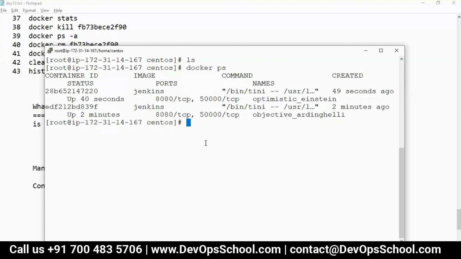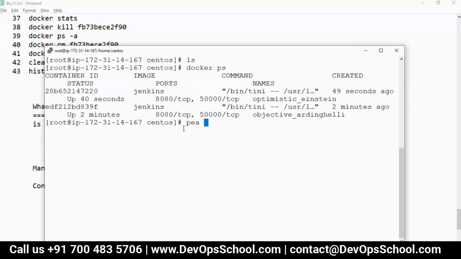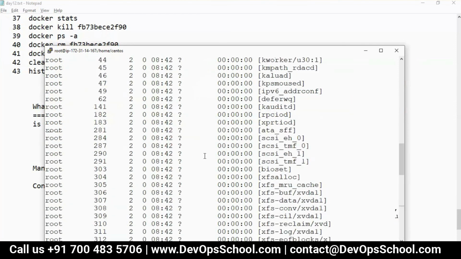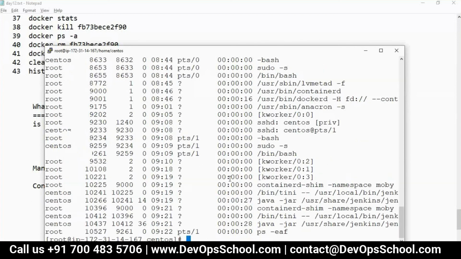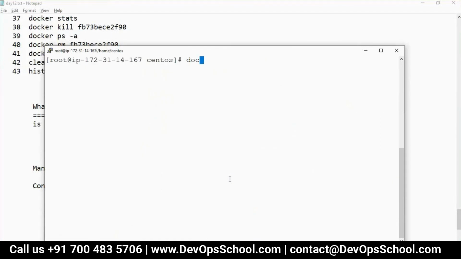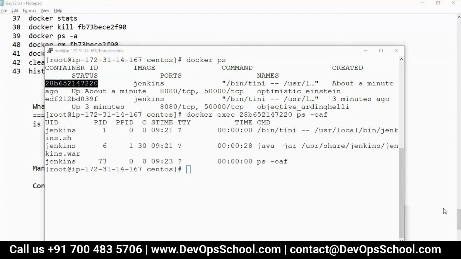So now, container should get a PMAP. See here. In the host machine, I got one PMAP, starting with 0 to 1. See that. Can I show you the PMAP of containers also? Docker exec. Inside what? What do you want to execute? See here. Look at this. 0 here also.